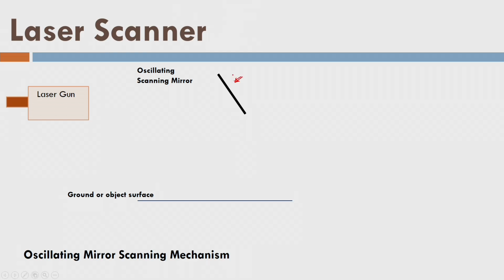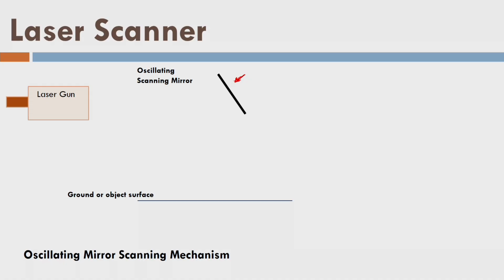Okay, so laser pulses are continuously interacting with the mirror, which is shown here, right? This mirror is oscillating like this, and there is a laser gun like that. So you can see here, there is a laser gun and the mirror is oscillating. Laser pulses are coming this way, and this mirror is diverting the laser pulses towards the ground surface. As a result, if it oscillates like this, it will be diverting the laser pulses in multiple directions, not in one direction, right?